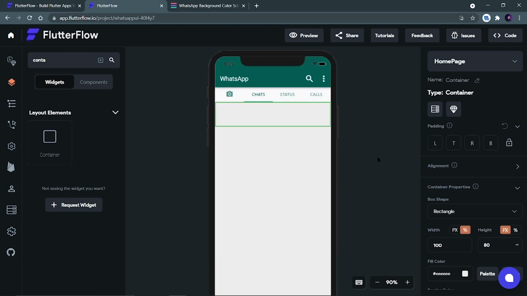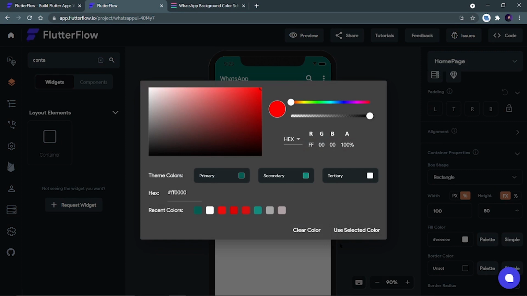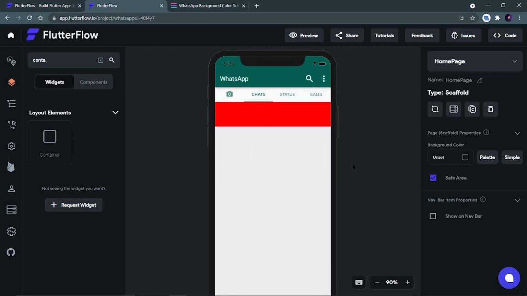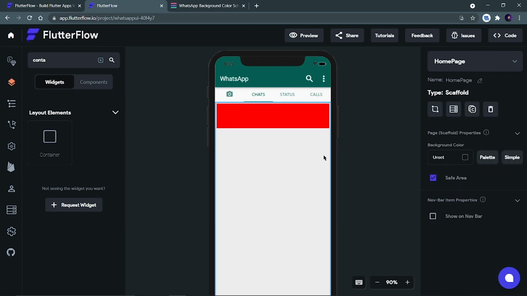Now what I want to do is add a different fill color to this container so that I can see where my container is. This is my container, right? So now what I will do is add a padding to this container. So select this container, lock it, and add a padding of 5. Yes. Now we want to add a row inside it so that we can add a circular image, we can add a phone number, we can add the random text, and we can add the time.